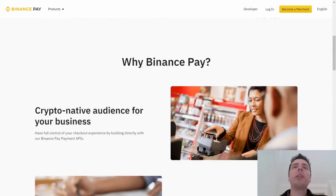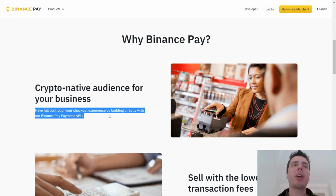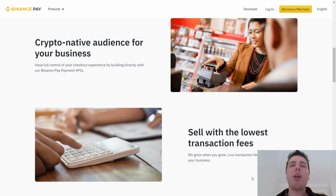This is so interesting. So why Binance Pay? A crypto native audience for your business. Have full control of your checkout experience by building directly with our Binance Pay payment APIs. And of course, the big takeaway from all this is you can sell with the lowest transaction fees. Businesses can save a lot of money compared to using credit cards. Anybody can understand why the potential here is massive. This is going to grow. It has been out for a few months already, but not many people have heard about it. I think this is going to change once businesses realize that they are throwing money away by accepting credit cards